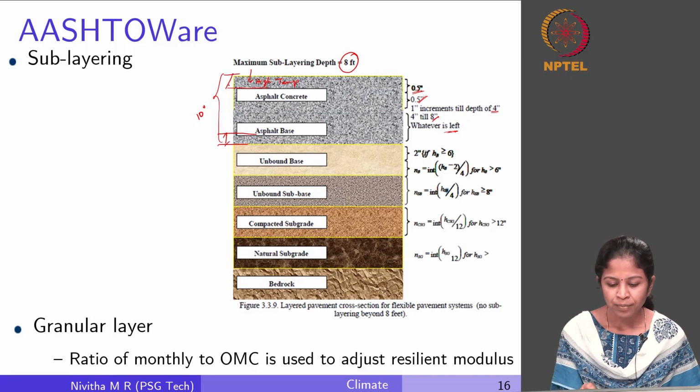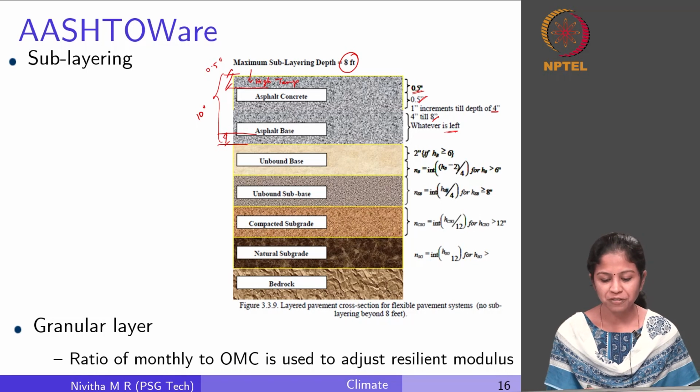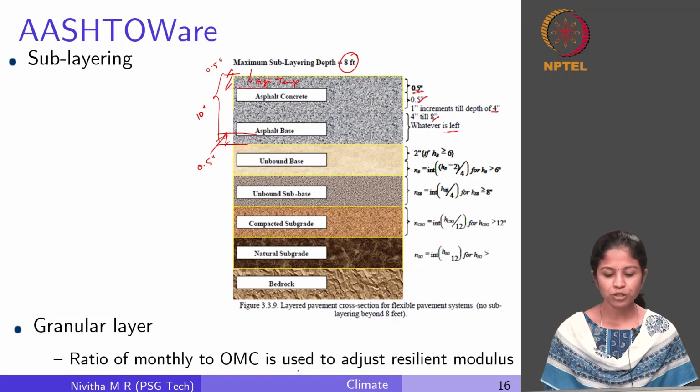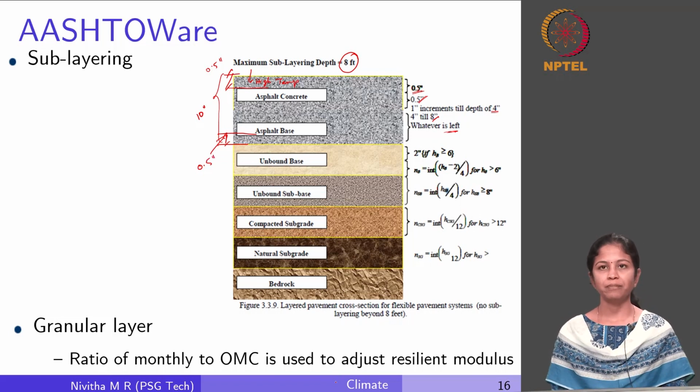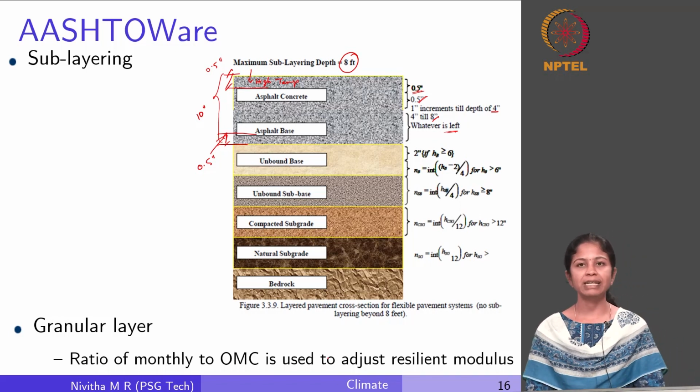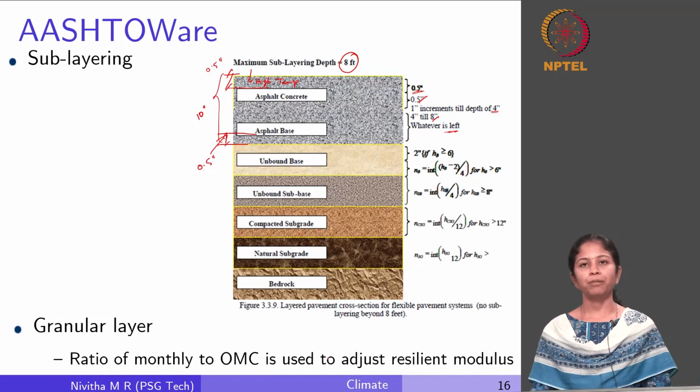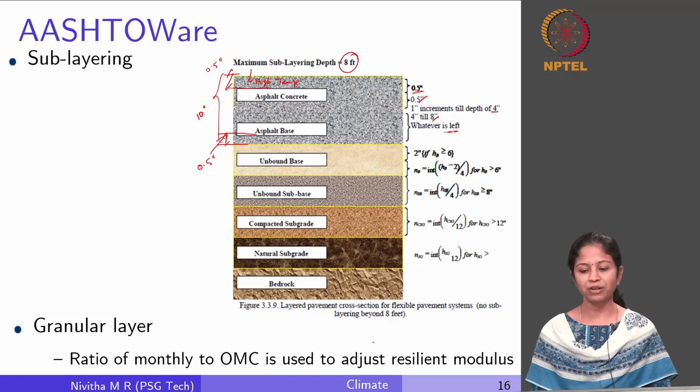So, if I take the top 0.5 inches, the modulus of this layer is going to be relatively lower than the bottommost 0.5 inch of this asphalt base, right. So, to take into account this variability and to use the appropriate value rather than using an average value for the whole layer, this sublayering concept is used,